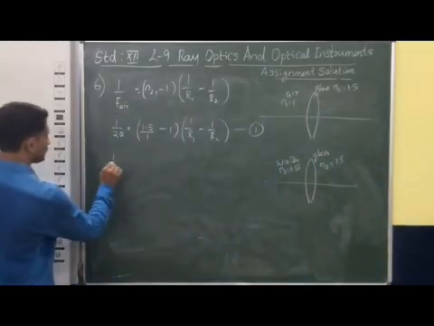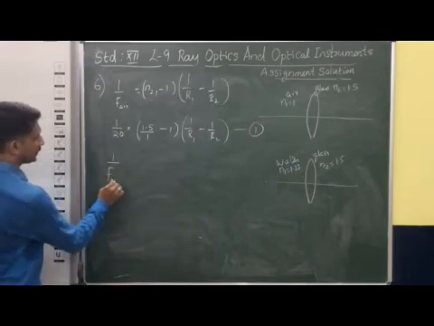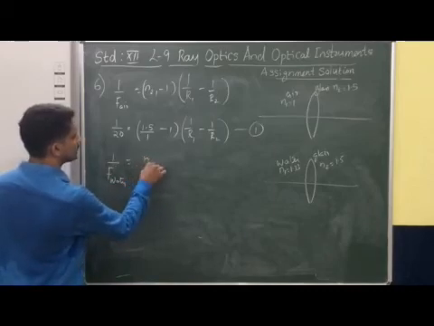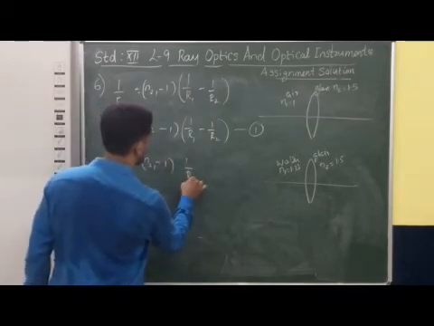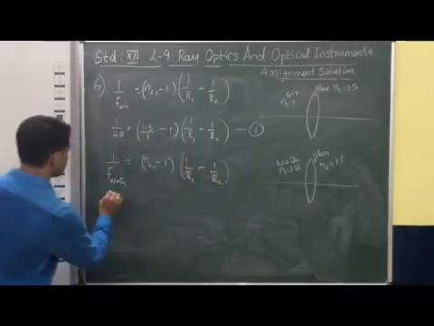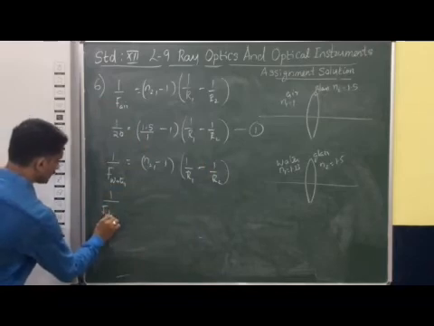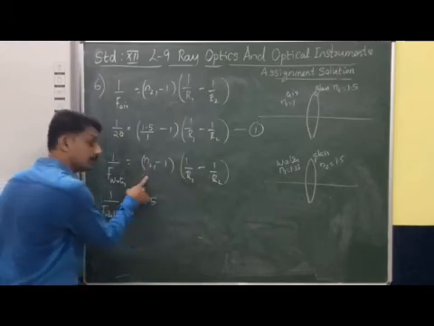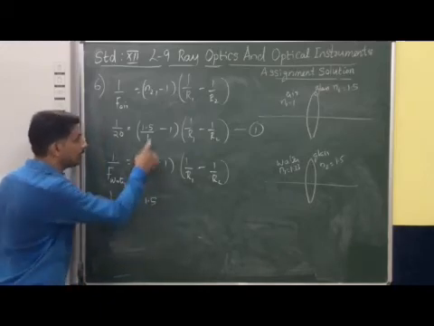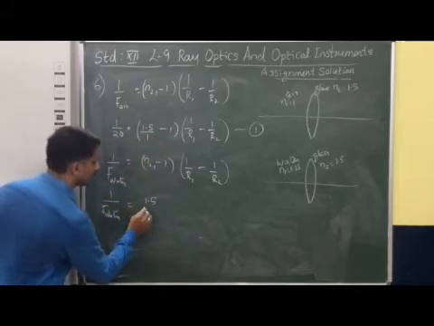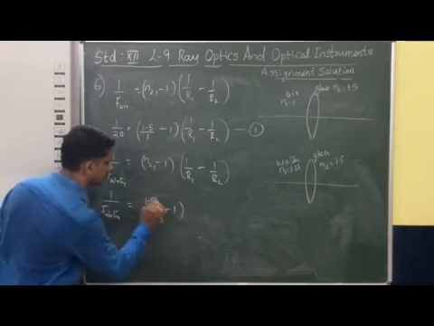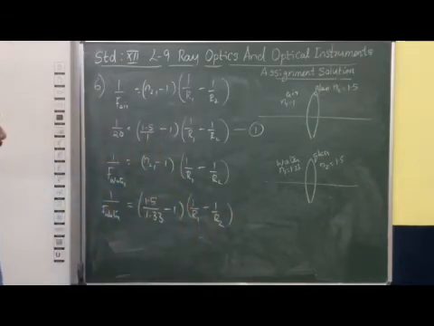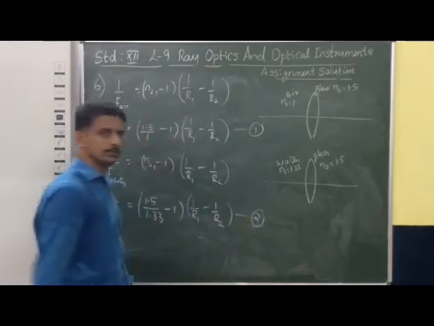We apply the same formula. The focal length in water is what we have to find. 1/f in water = (n21 - 1)(1/R1 - 1/R2), where n21 = n2/n1 = 1.5/1.33. So 1/f in water = (1.5/1.33 - 1)(1/R1 - 1/R2). This is our equation number 2.